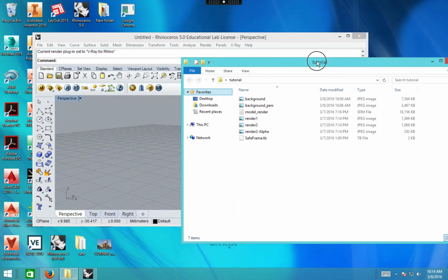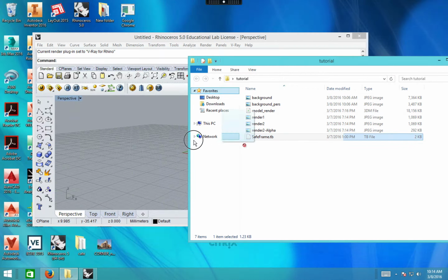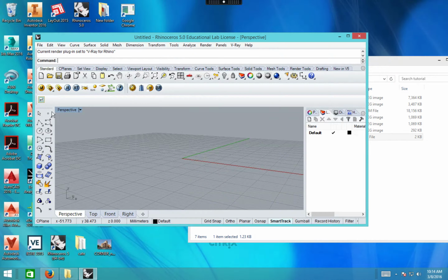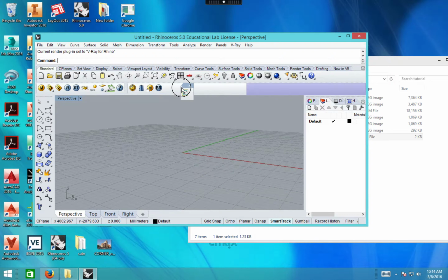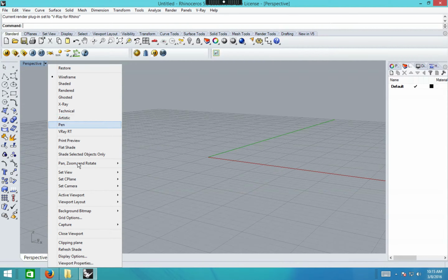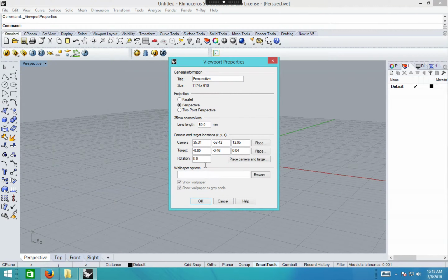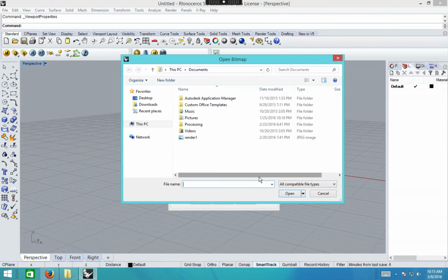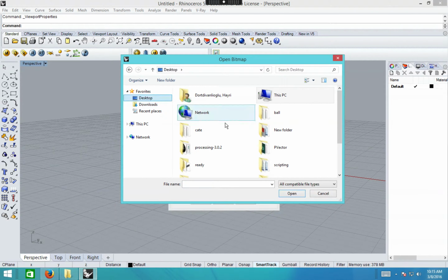Okay, and then after you unzip it, you just need to drag the file on the Rhino, and then you will have this icon here. Move it here. Okay, so this is the first part. After you all have this icon here, we will go to the viewport options, viewport properties. From there we will put our background image as a wallpaper. The desktop